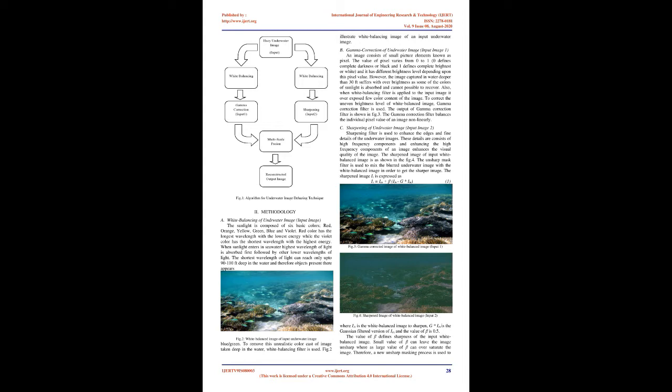2. Methodology. A. White balancing of underwater image, input image. The sunlight is composed of 6 basic colors: red, orange, yellow, green, blue and violet. Red color has the longest wavelength with the lowest energy, while the violet color has the shortest wavelength with the highest energy. When sunlight enters seawater, the longest wavelength of light is absorbed first, followed by other lower wavelengths of light. The shortest wavelength of light can reach only up to 90 to 110 feet deep in the water, and